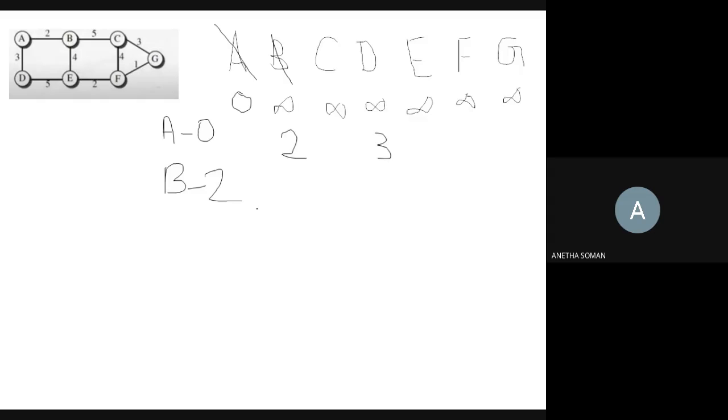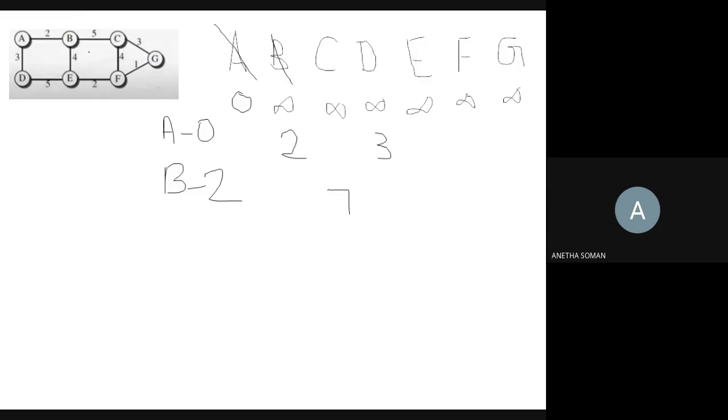Now the next step is to find the adjacent nodes to B. You can see in the network that the adjacent nodes are C and E. The initial values of C and E were both infinity. Now I have to calculate the weight from the root node. To reach C from my root node, the distance from A to B is 2 and from B to C the cost is 5. So totally the cost will be equal to 7.